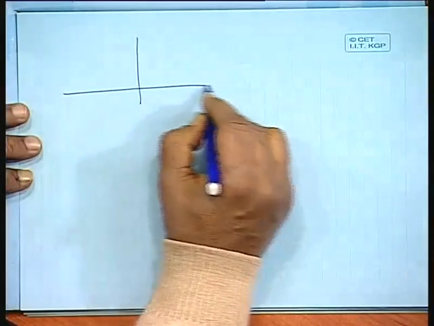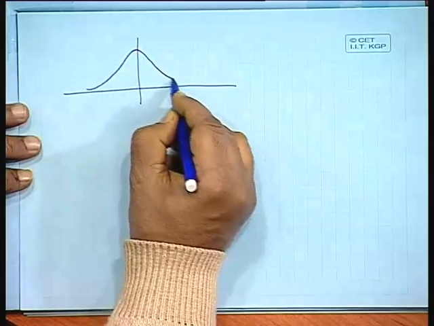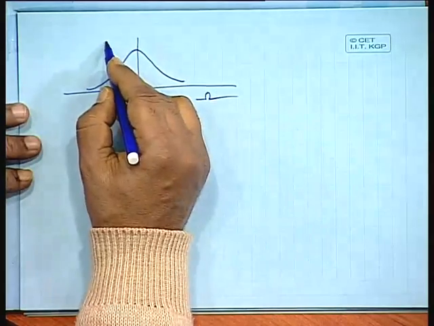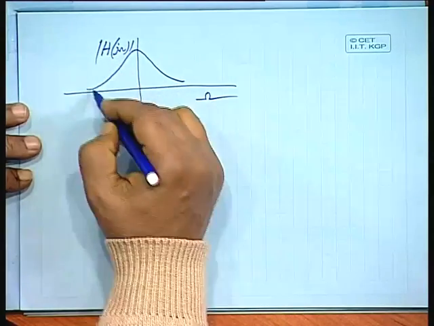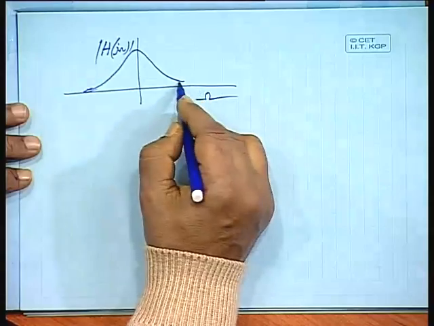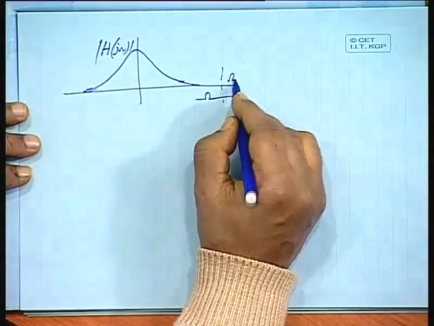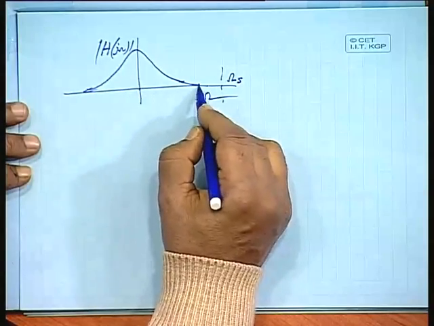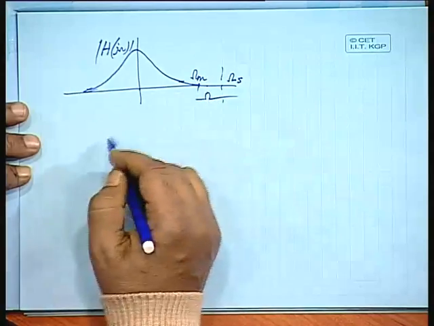We saw that if we know the analog domain frequency response, say something like this, if it is band limited, then if we can maintain a sampling frequency which is much higher than the maximum limit of the frequency in the band, then we can have